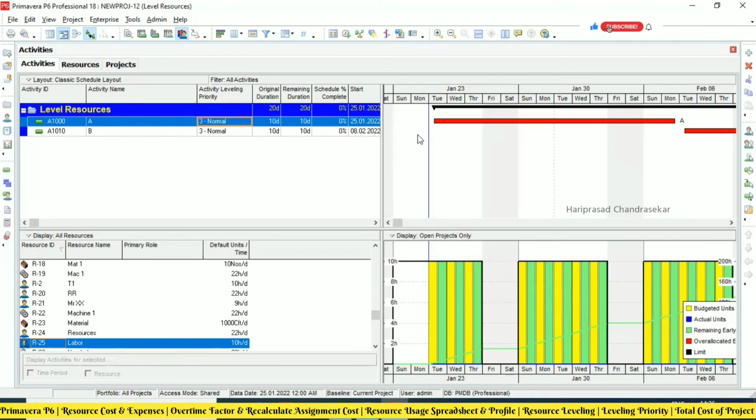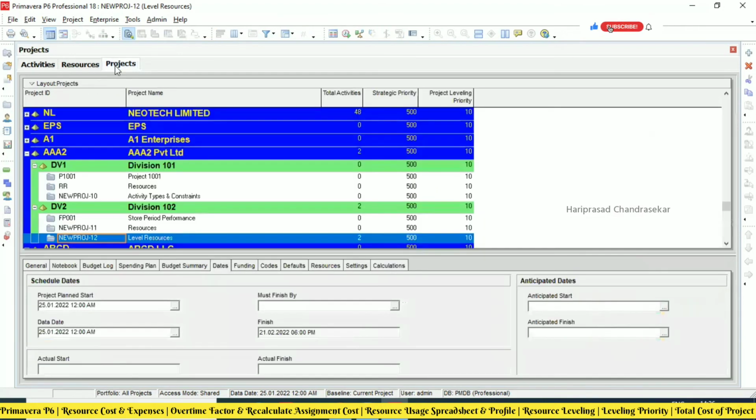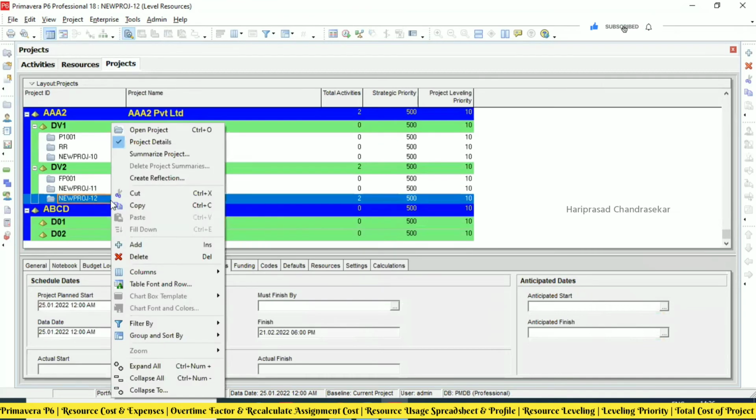Okay, but it is very complicated if you are doing multiple things in a big project. You need to be careful in what you are doing. You need to have some backups. There is something called here, so go to project, and there is something called right click, and you can go for create a reflection like that and everything, or even you can create a copy of the current project. So if anything happens, you can go back to the previous position, right?